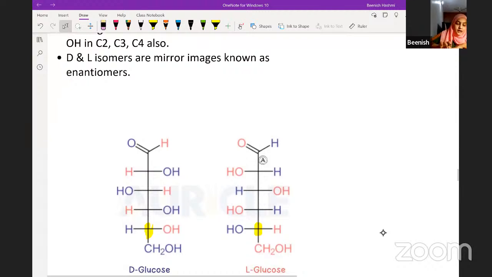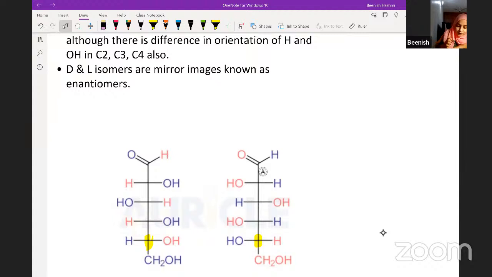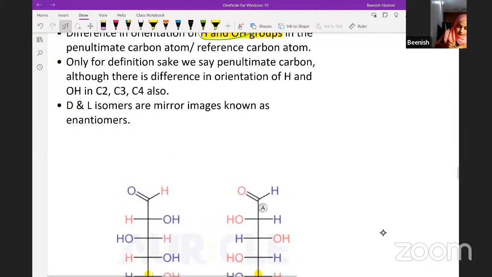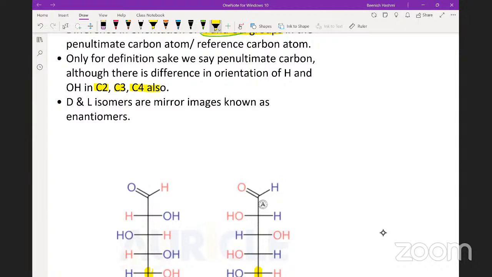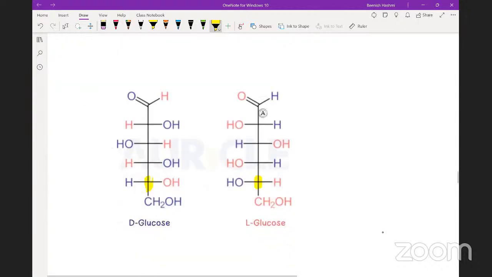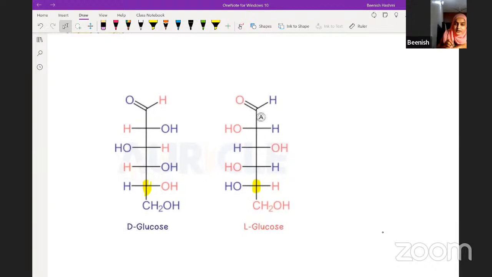Now, D and L isomers, they are mirror images and also known as enantiomers. With the help of the diagram, I'll explain it to you so it will become even more clear. This is your penultimate carbon. So it says that there is difference in orientation in the penultimate. This is the reference carbon. We say that there is difference in orientation of hydroxyl and hydrogen in the penultimate carbon. But if you take a closer look, you can see that this is C2, this is C3, and this is C4. So there is